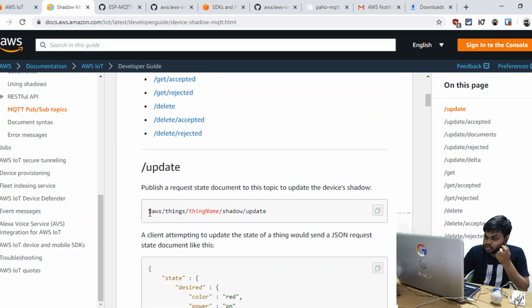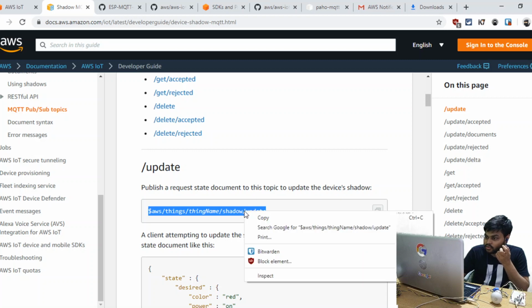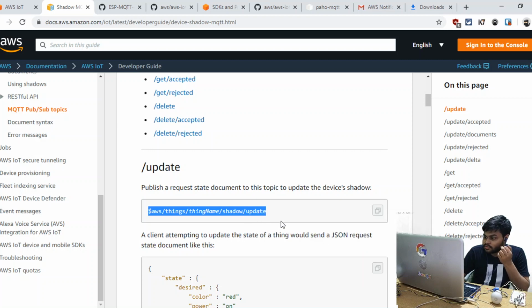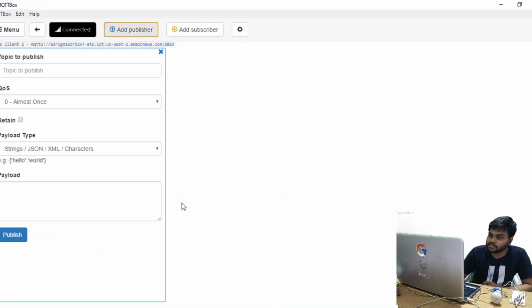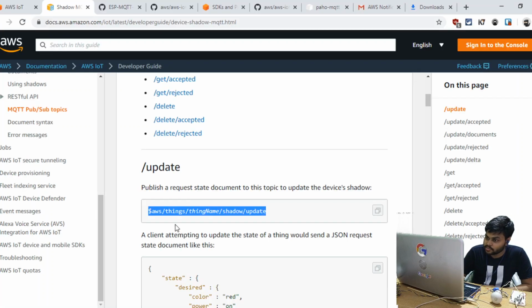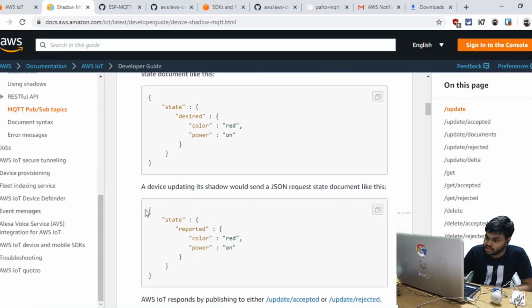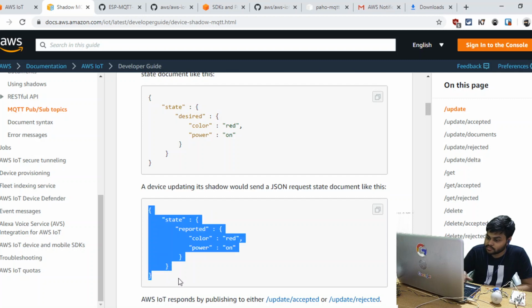Just copy this topic from here and paste that topic right here, and change the thing name to test thing. The payload will be the JSON format payload, the reported one, this one.